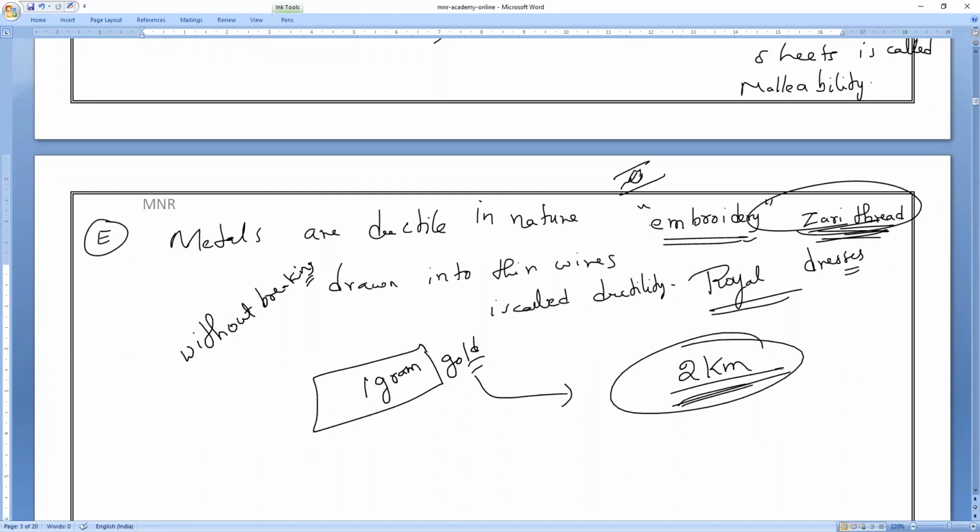Even a thin gold wire was used to embroider royal dresses, which is what we call jari thread. In olden days, from the kings' time, many of our Indian kings, like the Mughal empires, or Chhatrapati Shivaji, their caps and their dresses. You can notice the Chhatrapati Shivaji dressing style. It is not like shirt and pant. It is a different kind of dress.